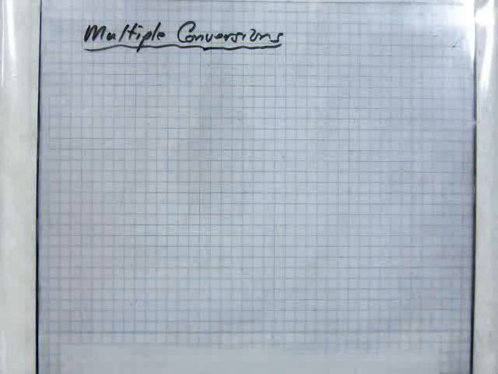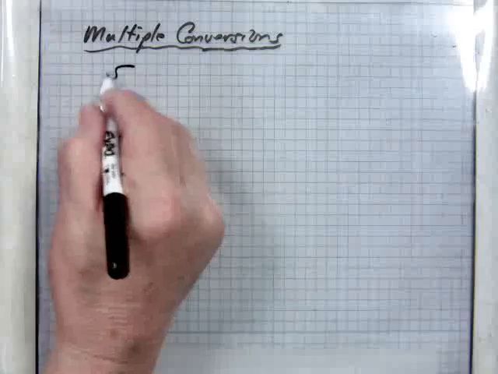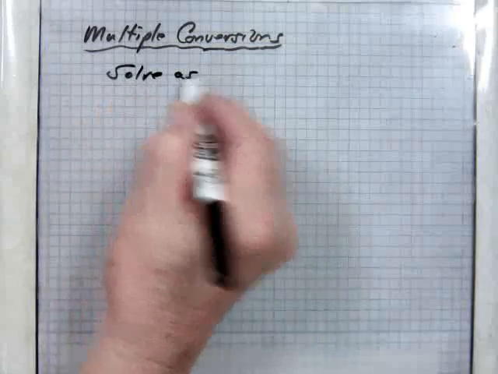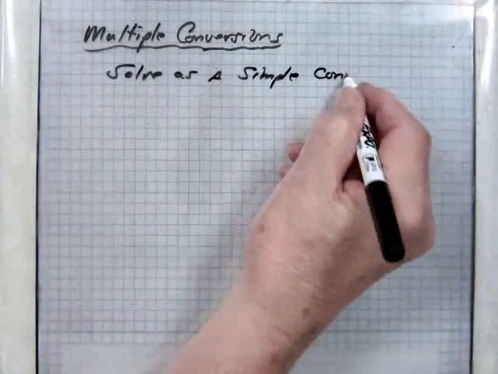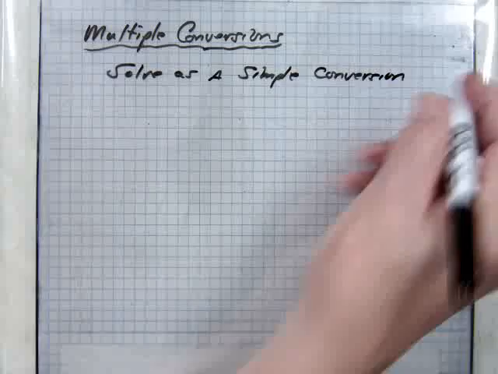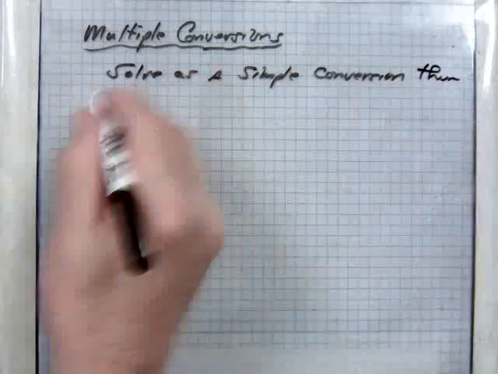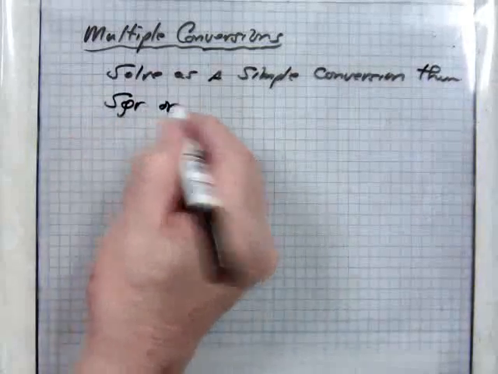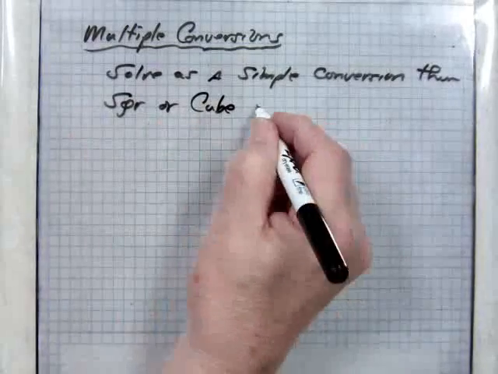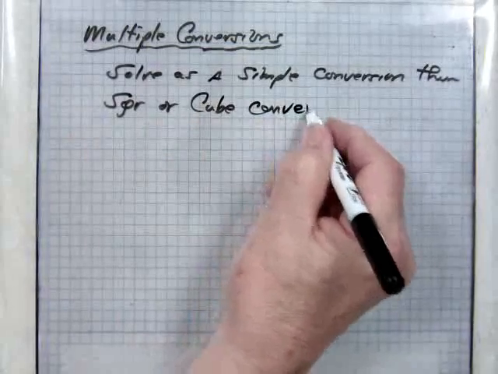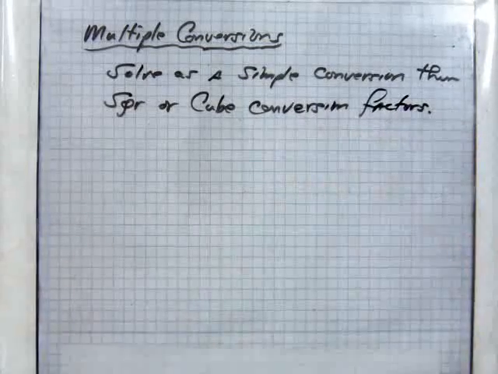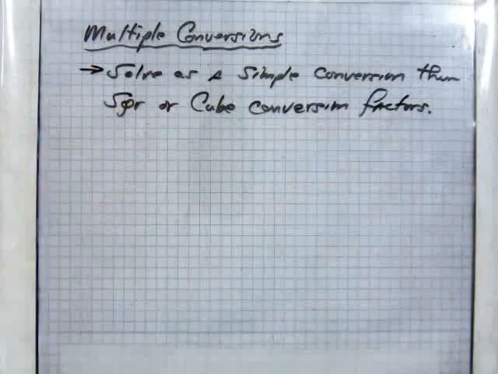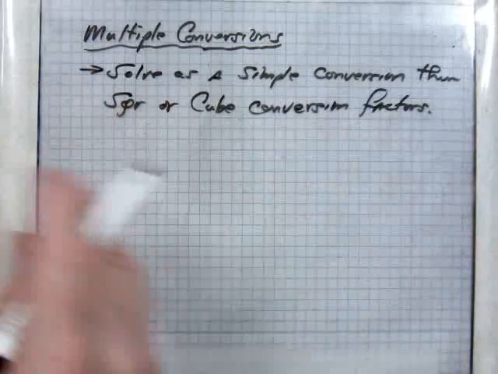Okay, multiple conversions are just like simple conversions, except what you want to do is solve as a simple conversion, then square or cube the conversion factors. And that's your procedure. So, given a problem,